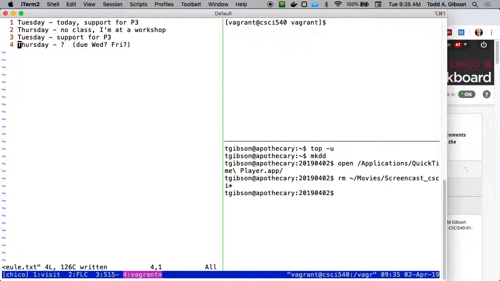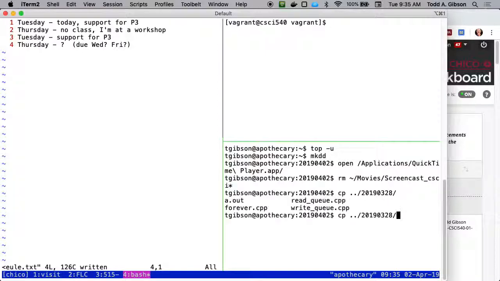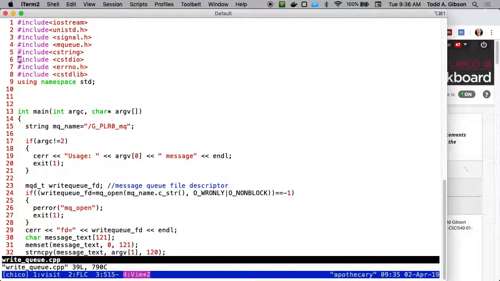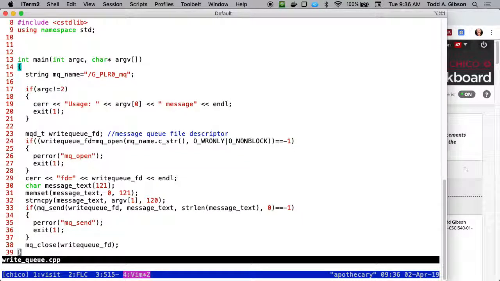I understand how you receive it. How do you send? So sending is